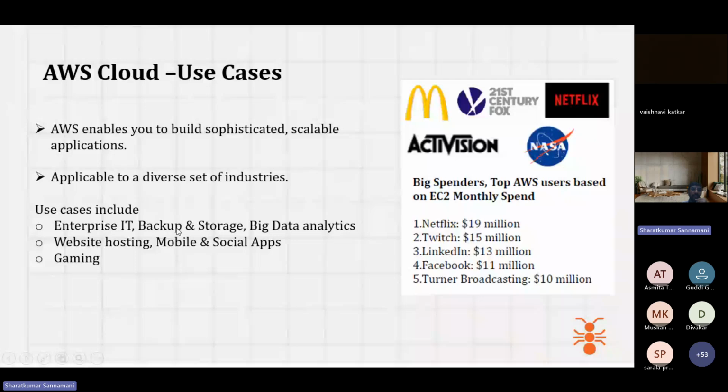And big data analytics. The data is increasing very much, right? Huge data is generated every year. So where do they need to keep that data and analyze it? They use the cloud services and analyze those data. And web hosting and mobile and social apps. So many social apps, right? Facebook, Instagram,